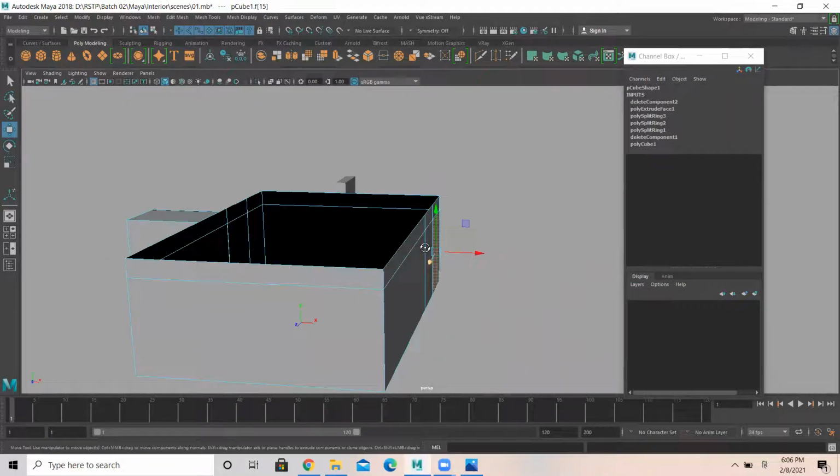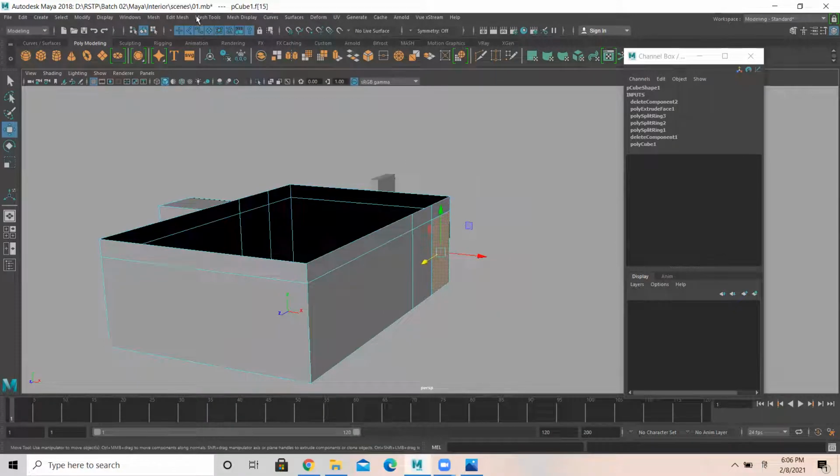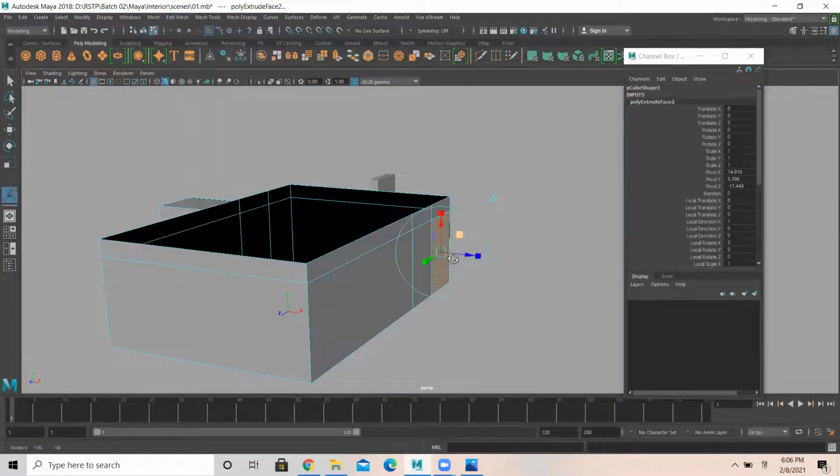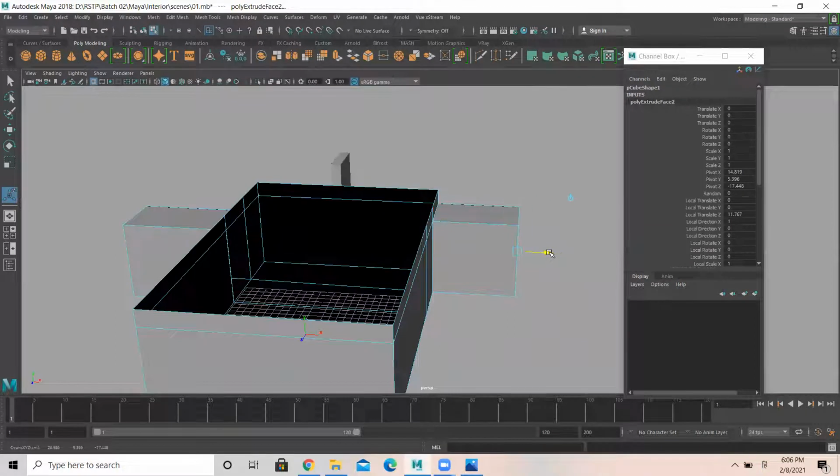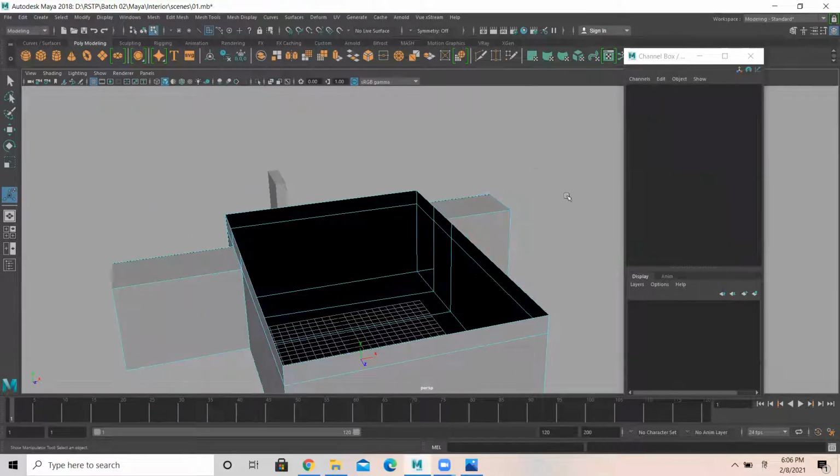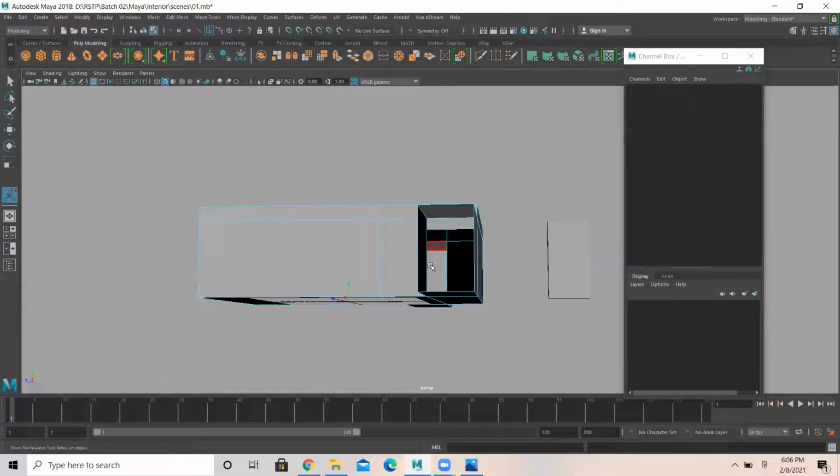Here I select this face and in edit mesh extrude, you take it outside and you delete the face. So here you have a passage hole and here a hole.